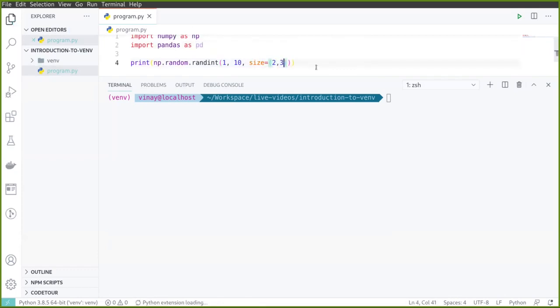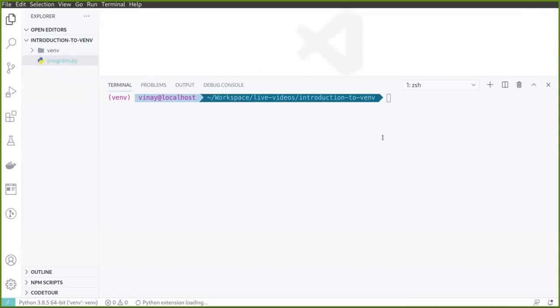This is just a random program, and suppose that we need to send it to someone else, so they should know what packages are required to run this program. Because we know that this particular program works well in this virtual environment, we can provide a list of all the packages and their specific versions to the other person, so that they are able to create their own virtual environment.